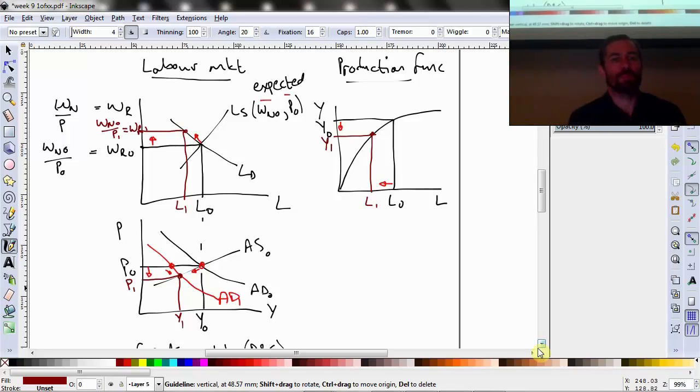Of course, with that decrease in employment at that higher real wage rate, there is now pressure from the supply side, right? In other words, we now have people that are unemployed at a high real wage who are prepared to work for a lower real wage and will do so by lowering their nominal wage demands. So as the nominal wage demands decrease, so now let's